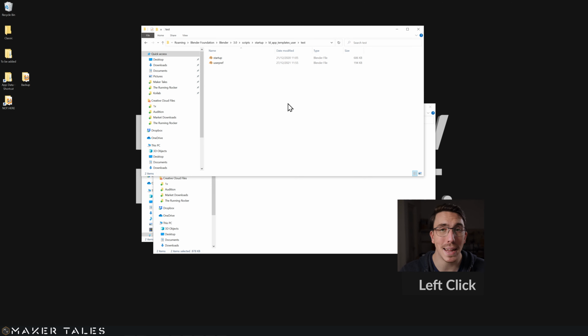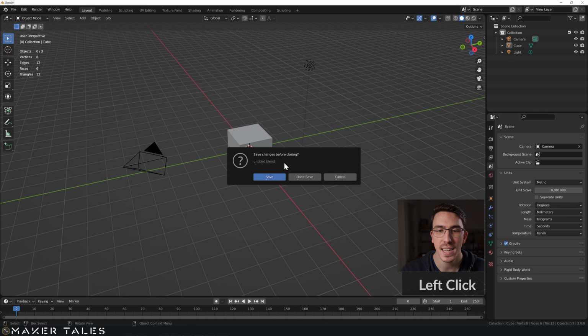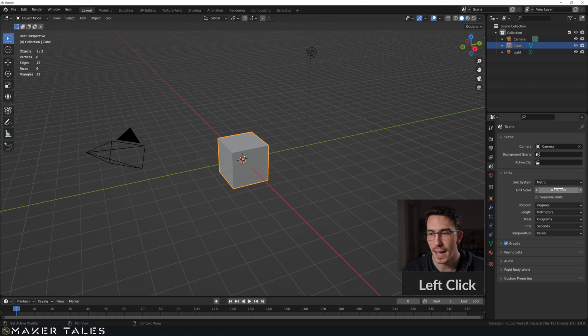Now, what's great about Blender is that this is instantaneous. If we go over to File, New, you will see Test right there. So if we click on Test, don't save, there is no need to. Now we have Test exactly as we want it. You'll see it set up in my millimeter unit scaling because it's using everything that I've set up before.